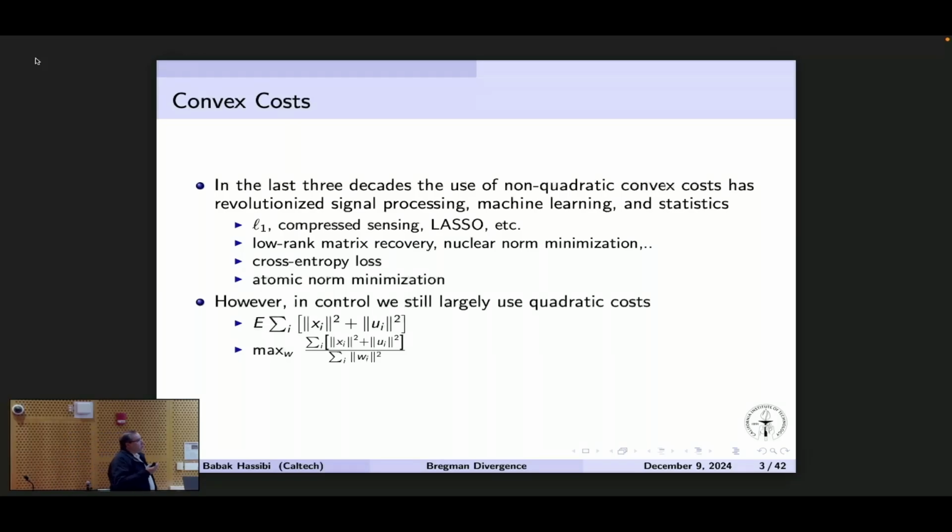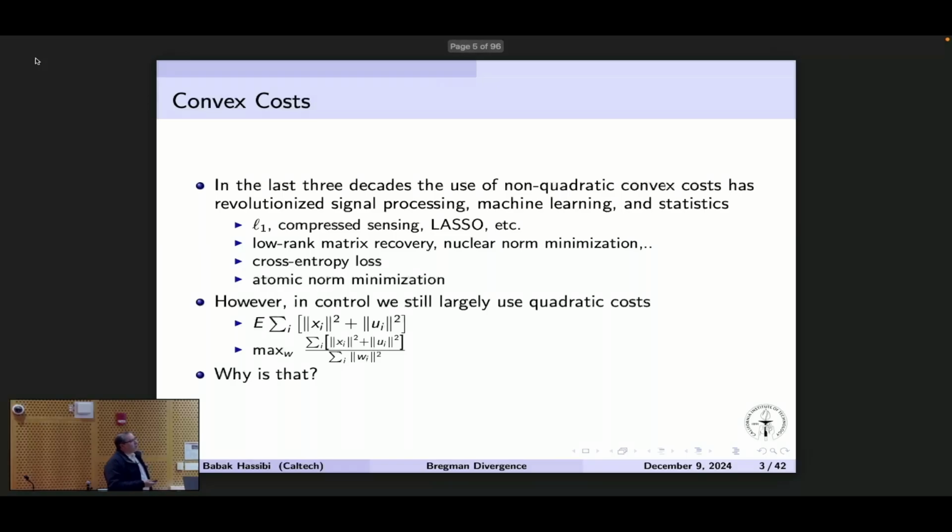But in control, I would like to argue that people have not been able to do that to the same extent. Largely, if you look especially at classical control, people focus on quadratic costs. So there's the famous LQR, LQG criteria where you have a quadratic cost on the state of your system. In this talk, X will always be the state. A quadratic cost perhaps on your control. U in this talk will always be the control signal. And so some expected quadratic cost of those. Even in H infinity, people still look at energy gains or quadratic costs. You have disturbances, you measure as energy, and again, you have your cost up here. So things are typically quadratic.